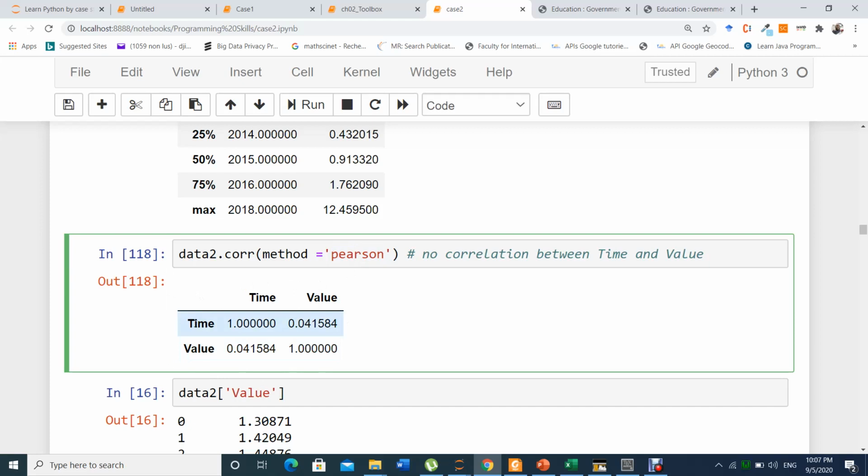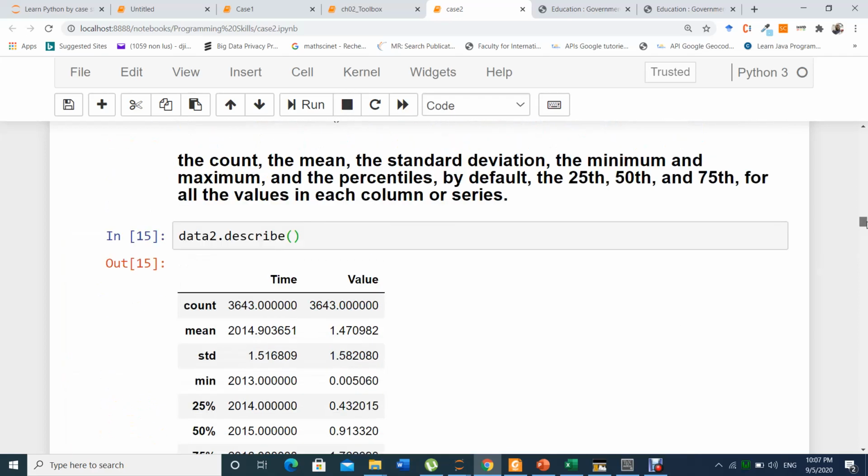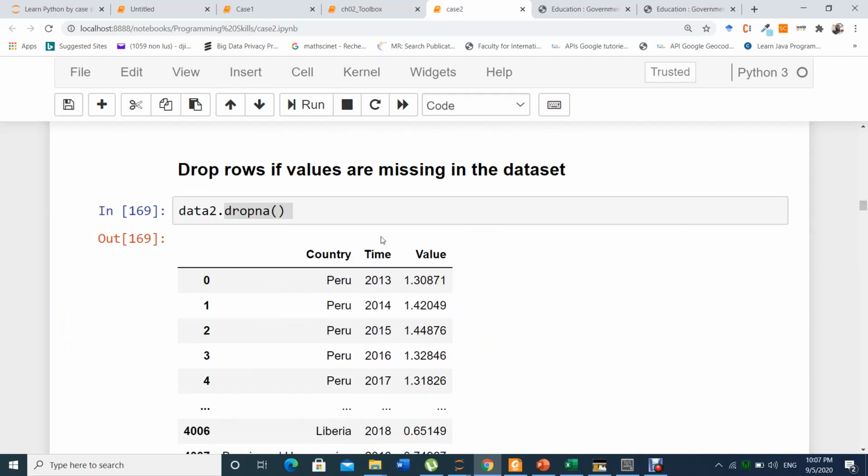Of course, each element is correlated to itself, like time is correlated to time, this shows. But you see, from time to value you have 0, almost 0. So we can say from the analysis that there is no correlation between time and value. Like what I said, we can predict it even from the table, and this is true because from here we can see that there is no correlation.